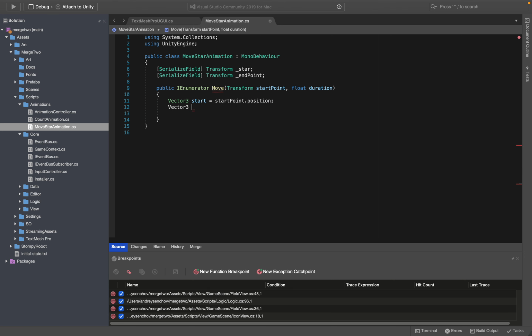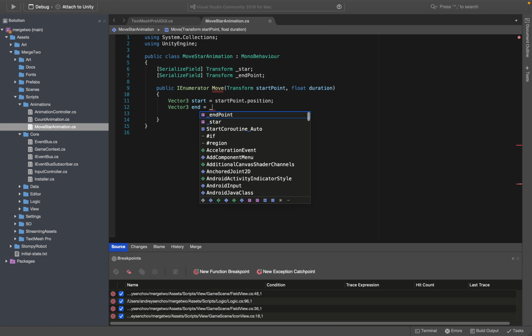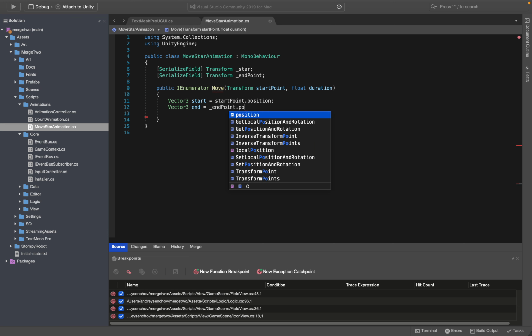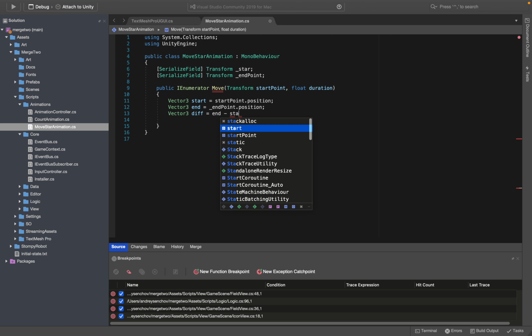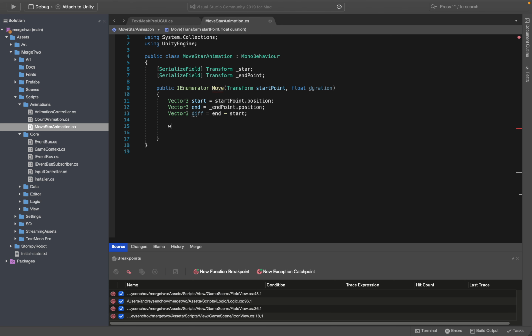Also we need end, and it should be endpoint position. And also we need diff, from end minus start, and while